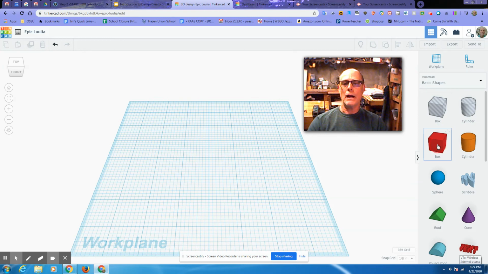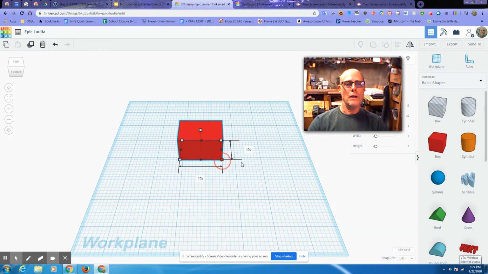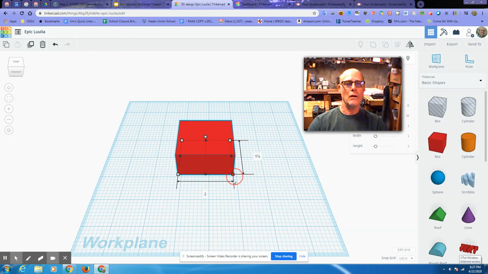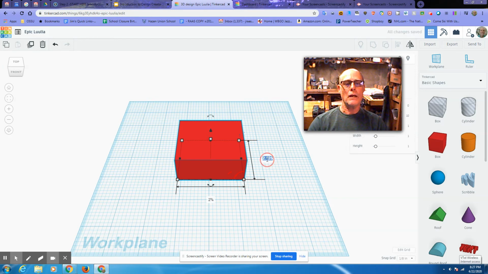I grab a box, I pull that box over to the work plane, and now I can start to edit and manipulate that box. There are handles on this box, including a very small handle. If I grab it, it's going to pull that out, make it wider, make it longer. Notice the units, which I have set on inches, is 2.8. If I want to edit directly, I can click on the number and I could put in,